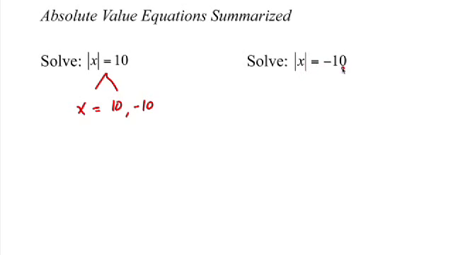Now, when you look at the second problem, we have the absolute value of x equals negative 10. Can an absolute value ever equal a negative number? Not in this course, and not in anything that we teach. Absolute values can't be negative. So there is no solution to this, and in ALEKS, you will probably see this symbol if there is no solution. This is the empty set symbol, or the no solution symbol. ALEKS uses this as a way to represent the words there's no solution. The set for this solution is empty. So when you see that, that's how you tell ALEKS there's no solution, that symbol.